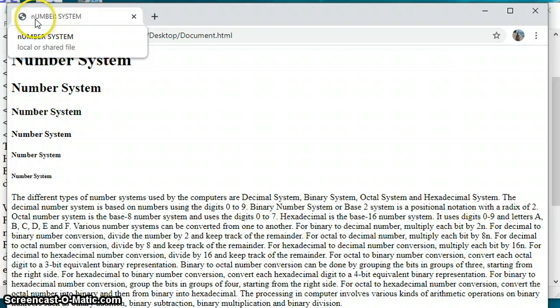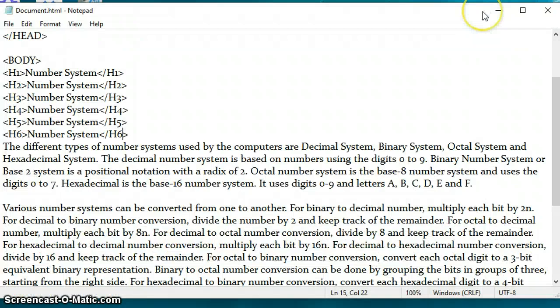The N should be capital, but I'll correct that. But here you can see these are the 6 different types of headings. You can choose any of these heading styles. This is the largest and this is the smallest heading, and this is the text. So let us now continue with our web page.